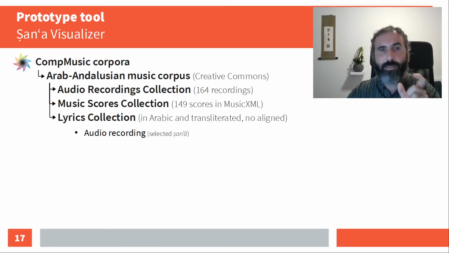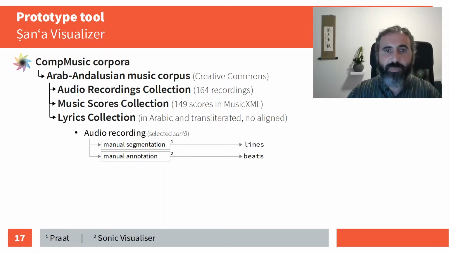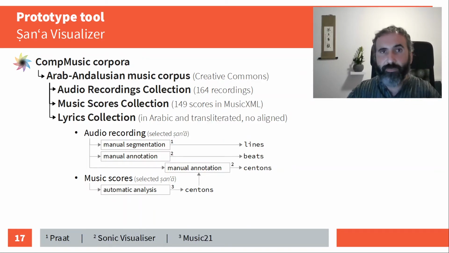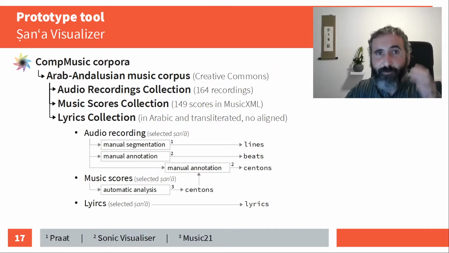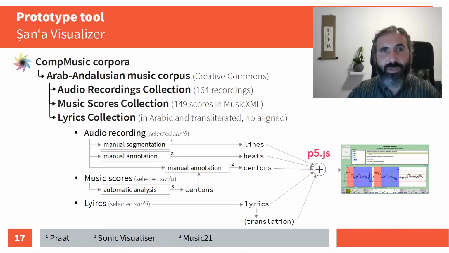I selected one particular sam'a for one recording. I segmented manually the lines of the poem in the recording. I annotated the beats. Then I extracted the centons using the lists of centons in his theory, using Music21 automatically from the score, and having these centons in the score, I searched for them in the recording. Finally, I use the lyrics, and when possible, a translation, so far only into Spanish. I used all this information in a tool developed using P5.js, and this is the one I'm going to